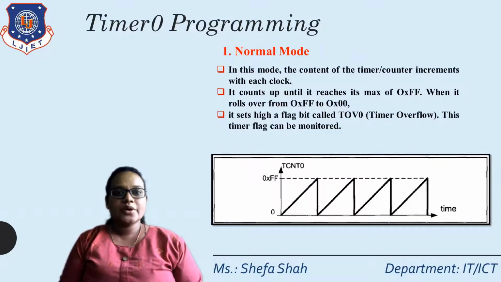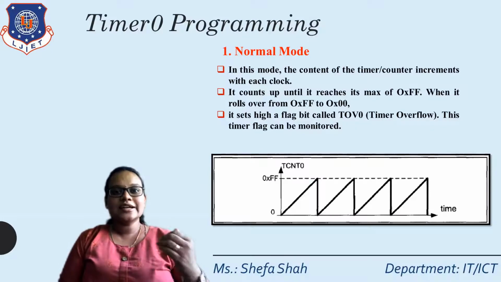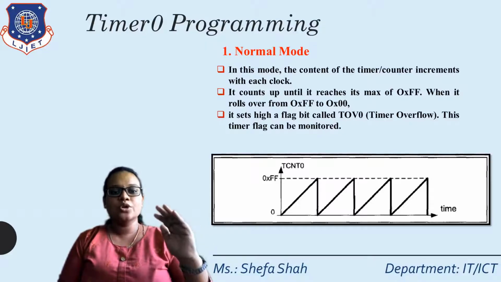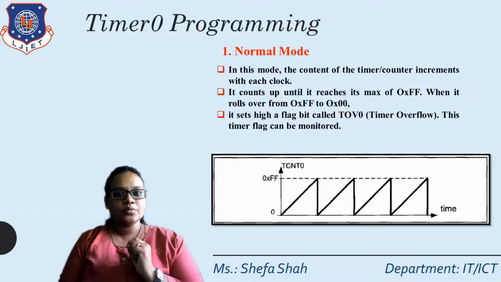Now, as we have discussed, first we are going to discuss how to program timer 0 in normal mode. So what does the normal mode do? As you can see in the figure below, wherever we need to start counting, that particular count value in hexadecimal we need to store in the TCNT register. The TCNT register will start counting from that value and will always increment by 1, up to the maximum value, which is FF. Whenever FF comes, it will roll over to 00, and the TOV flag will be 1.